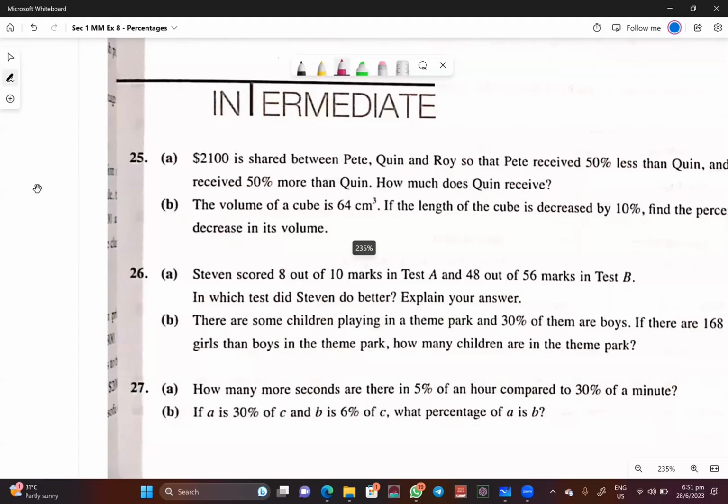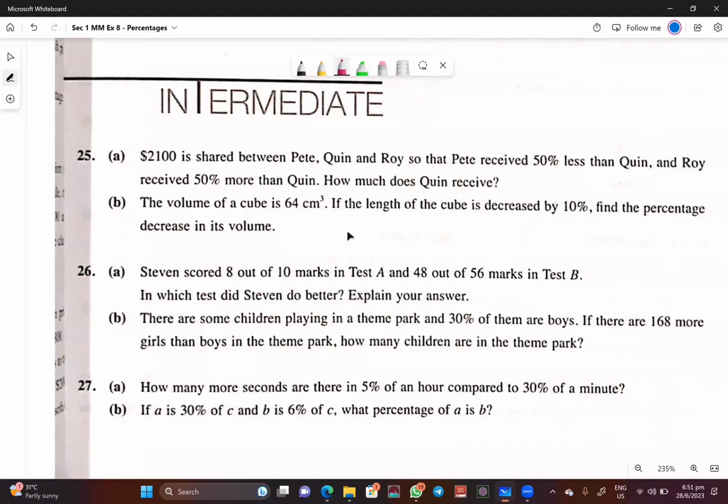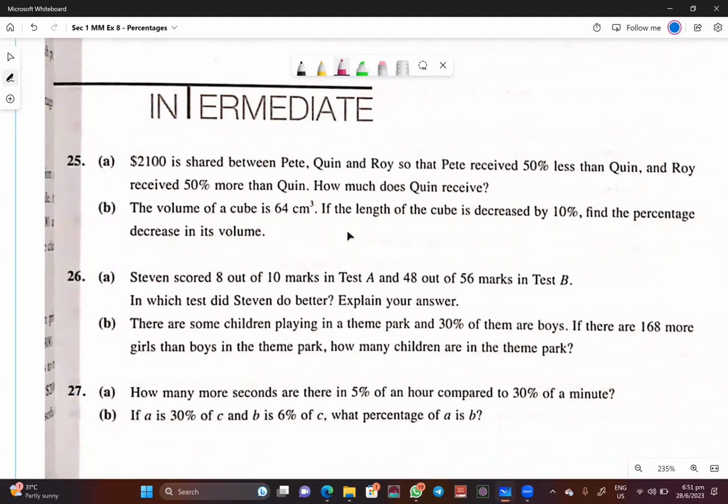Hi everyone, today we are looking at question number 25A. Now, as you can see over here, it says that 2,100 is shared between Pete, Queen, and Roy so that Pete received 50% less than Queen. Now, the first thing you want to do is make sure you bracket this and say that this